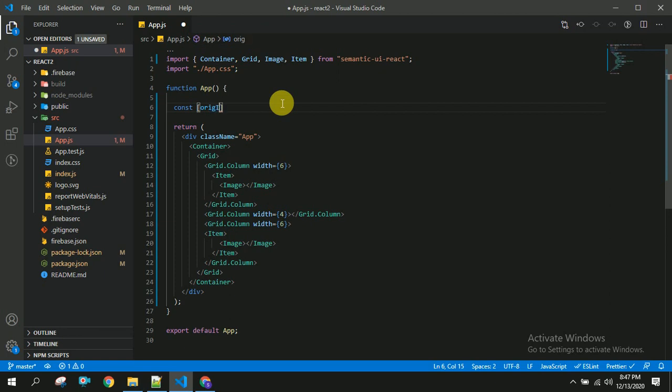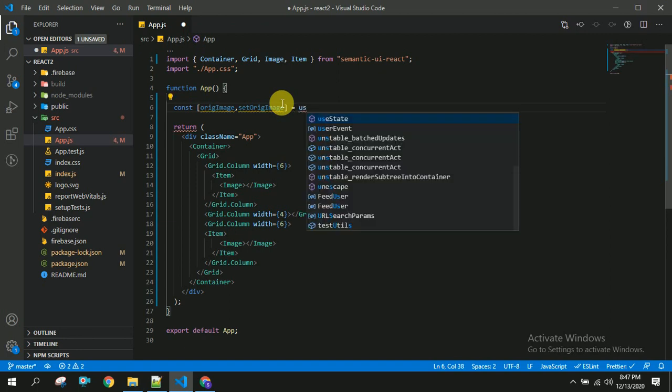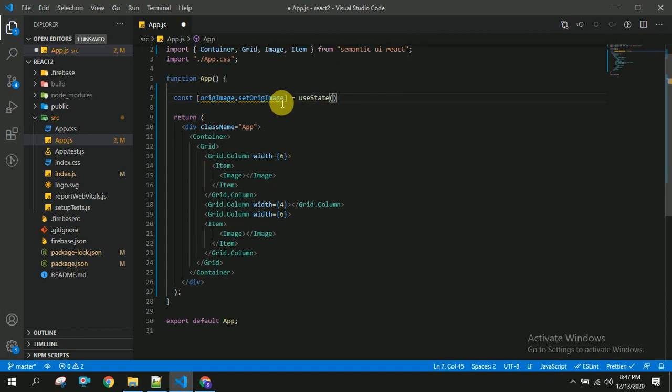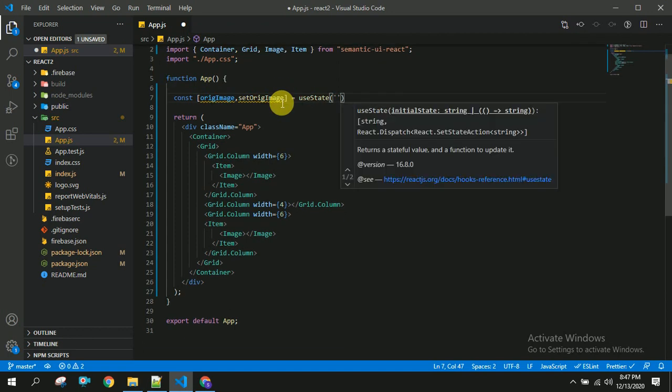Const original image, set original image equal to useState, and initially its value is empty.